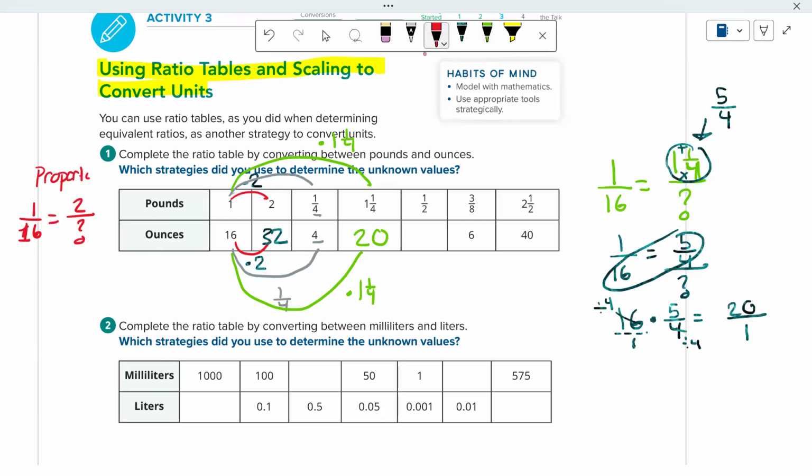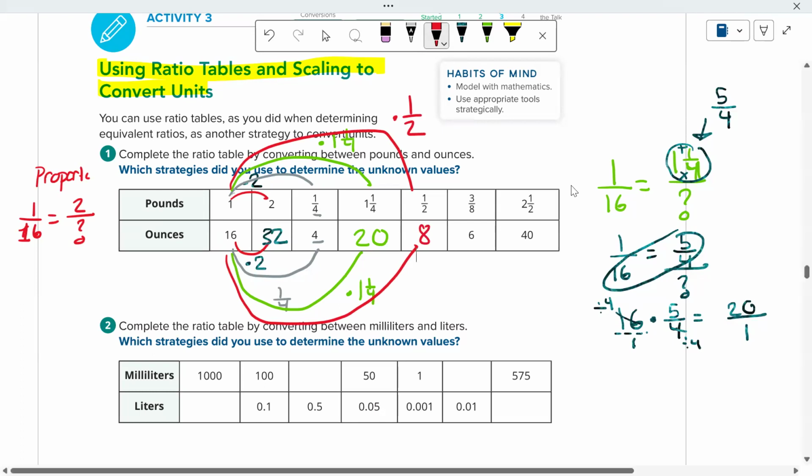We're going to do the same thing. Let's try red. How did 1 become 1/2? 16 times 1/2. That would make 8. So for the second table,